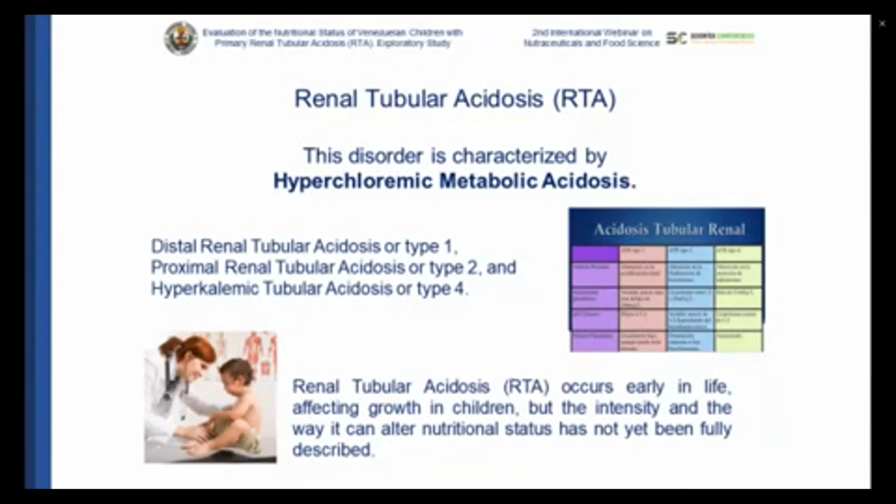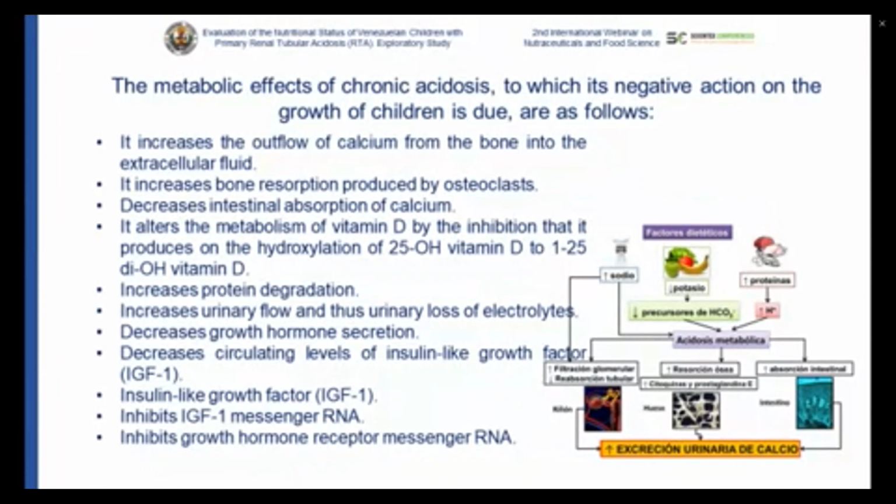RTA occurs early in life and affects the growth of children, but the intensity and the way in which it affects the nutritional status and growth of the child has not yet been fully described. Chronic metabolic acidosis causes several negative effects on the nutritional status and longitudinal growth of children, and this is mainly because it affects different hormones and systems, such as growth hormone-like factor, decreased appetite, an increase in osteoclastic activity, decreased